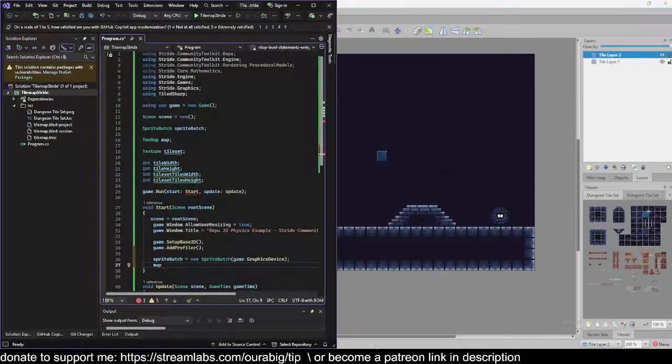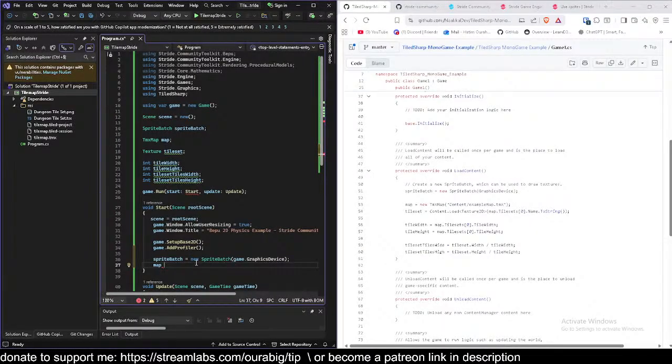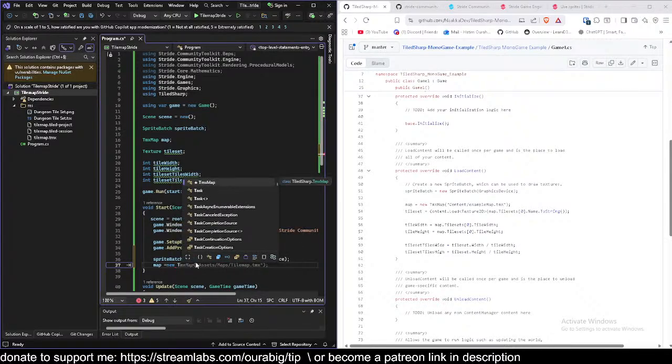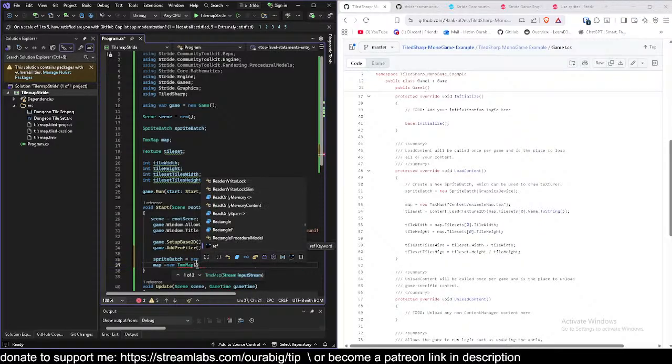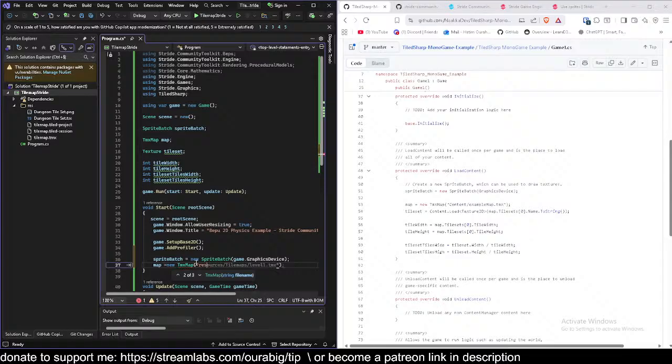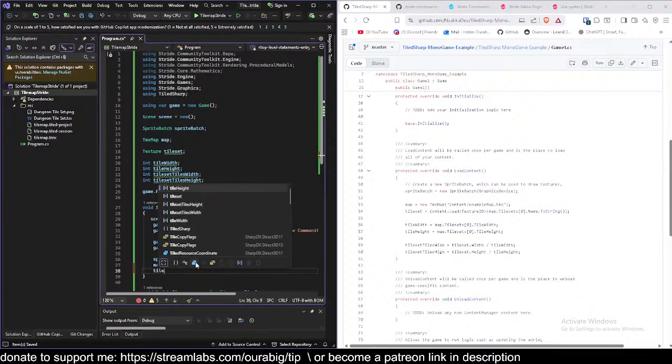Okay, so let's return to here, and it's equal to new TmxMap, and we're just going to load. It's inside the res tilemap.tmx. It's this one. And okay, after that we'll need a tileset,